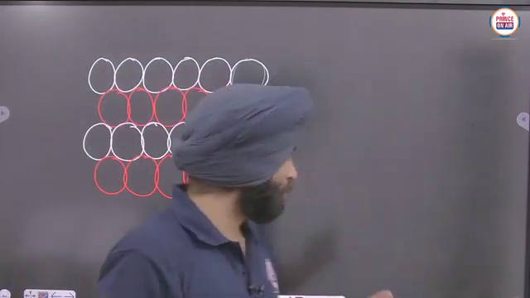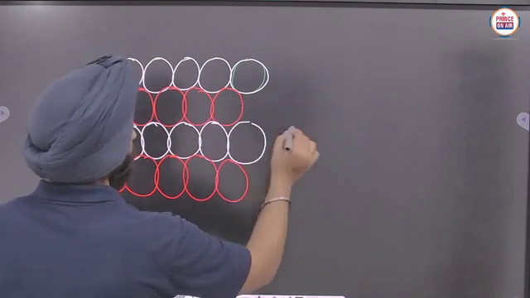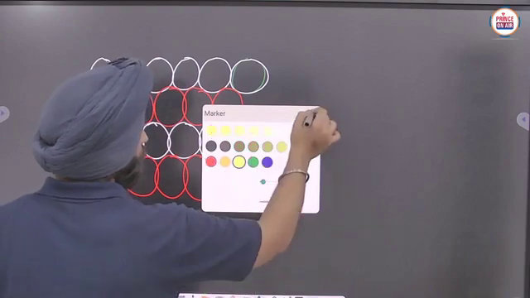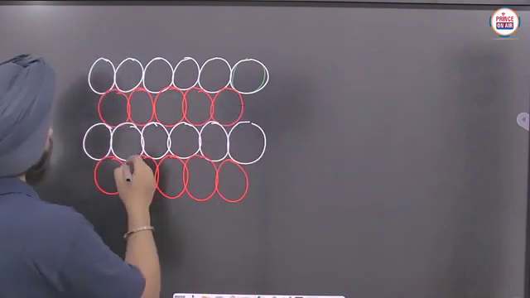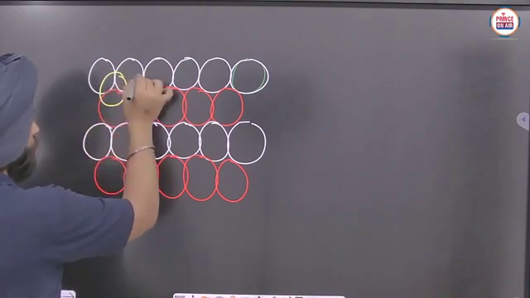Afterwards, we can place one more layer over it. So I am going to put that layer in a similar way to the previous part.